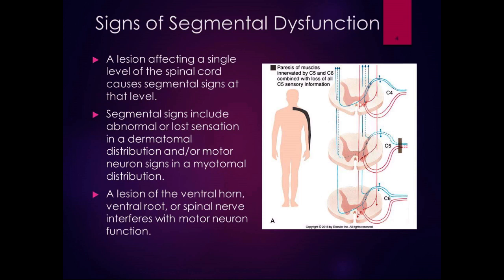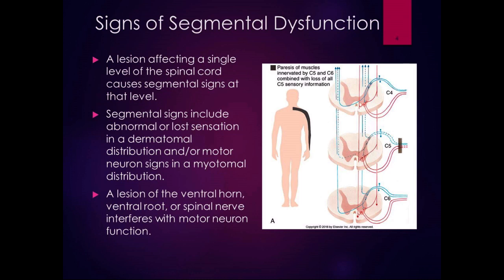So signs of segmental dysfunction. A lesion affecting a single level of the spinal cord causes segmental signs at that level. So segmental signs include abnormal or lost sensation in a dermatomal distribution or motor neuron signs in a myotomal distribution. Remember, that's either the skin or the muscle that's innervated by a single nerve root level. A lesion of the ventral horn, ventral root, or spinal nerve interferes with motor neuron function. A lesion of the dorsal horn